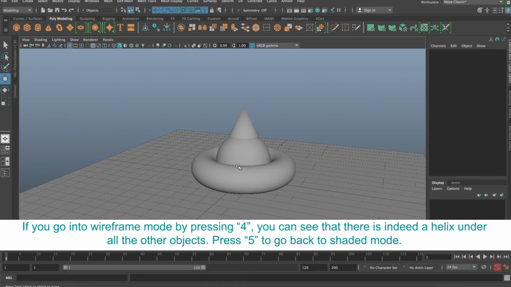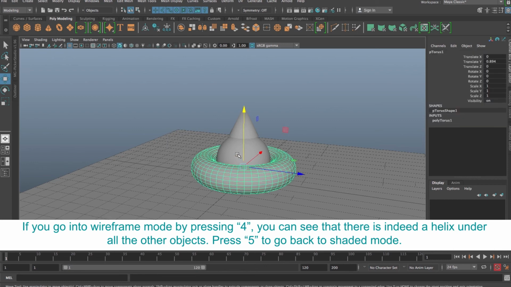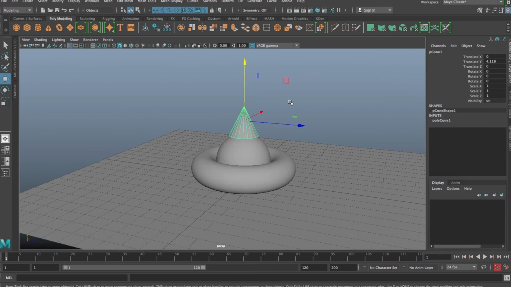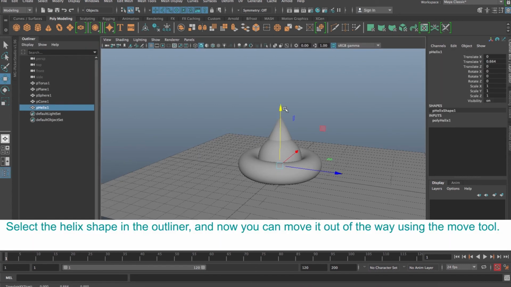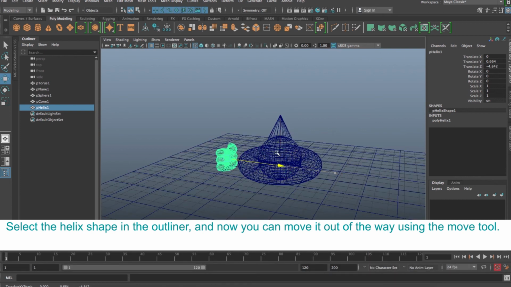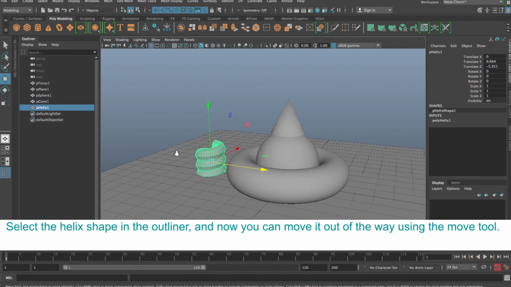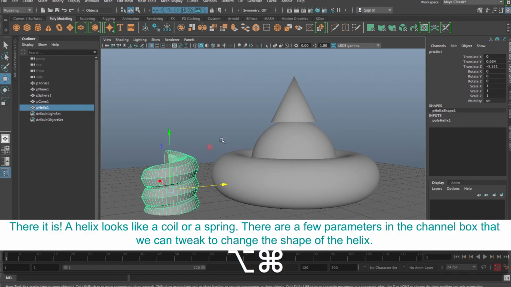Now, if you're happy with where your objects are placed, and you don't want to move them out of the way, we can actually access the helix from the outliner. So I'm selecting helix here, then I have my move tool, and now I can simply move it out of the way. There it is. So the helix looks like a coil or a spring kind of shape, and there are actually